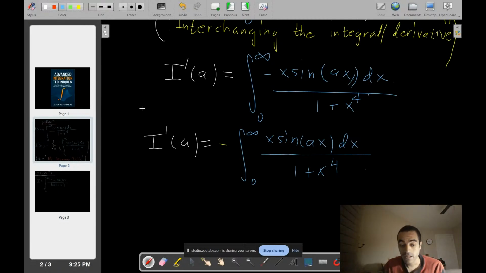Now, I just want to let you guys know that as we're solving this right now, I do know that it does have a solution to this integral. Okay, so there is a solution to this integral. It just has multiple ways of getting there, and those multiple ways can be a bit tricky.